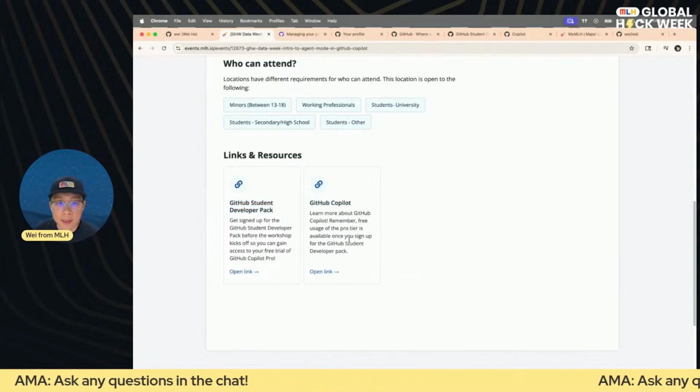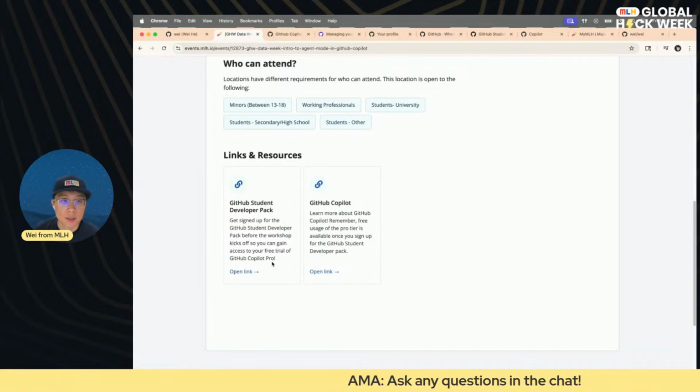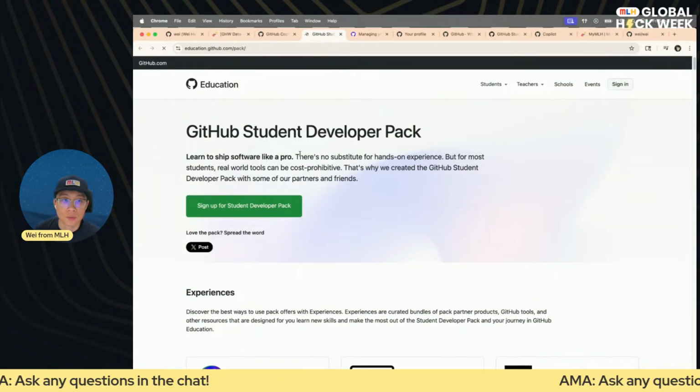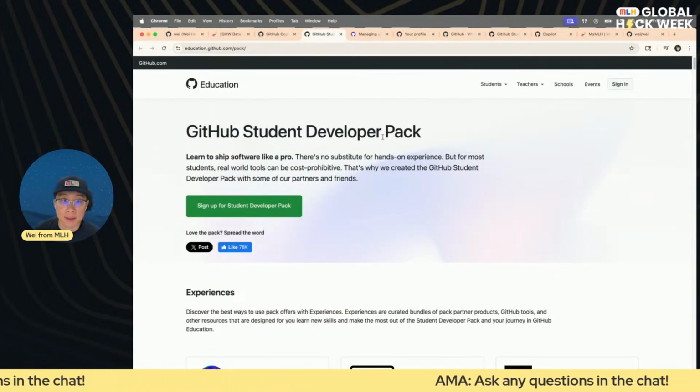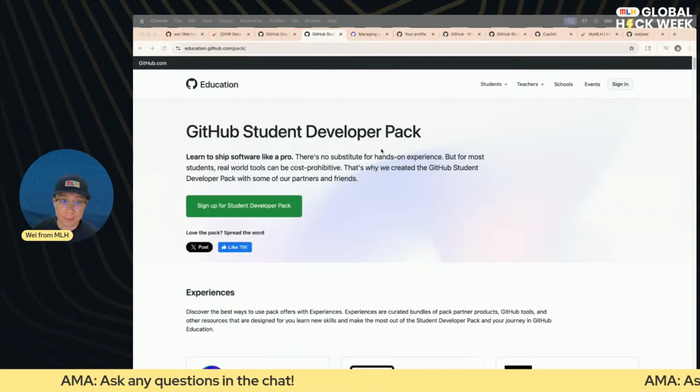So GitHub Copilot link talks about what Copilot is. We'll check it in just a little bit here, but make sure you click the GitHub Student Developer Pack link to get access to the pack, essentially. And by using this link, you'll get expedited approval from MLH and GitHub.